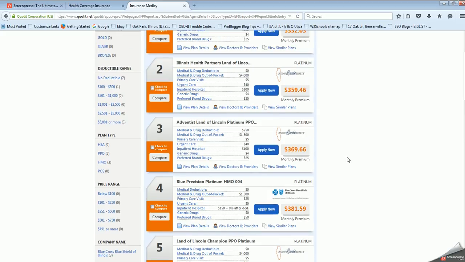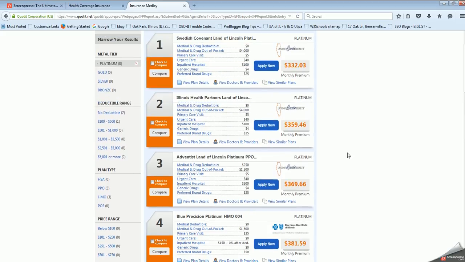There are various plans based off of deductible. Your highest out-of-pocket deductible, if there were any type of deductible, would be $4,000. That is just if you're out of network. This is a plan that if you were in network would be zero deductible. It also gives you a breakdown of the different pricing: urgent care, inpatient hospital, what you'd pay, your generic drugs and preferred drugs.